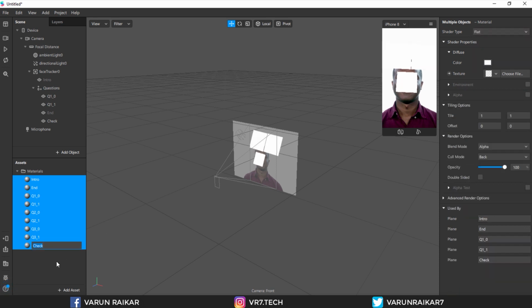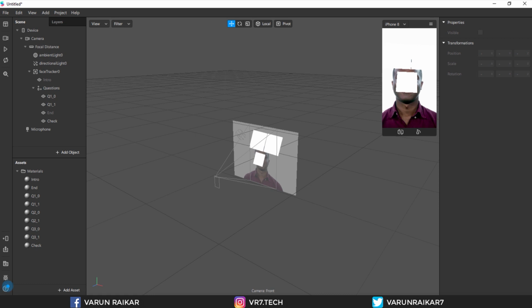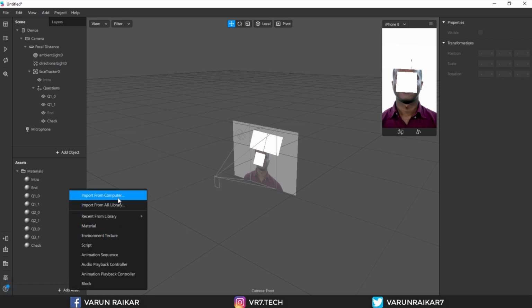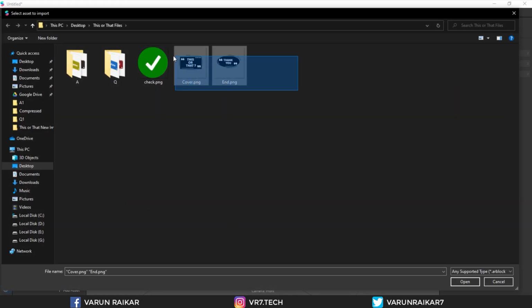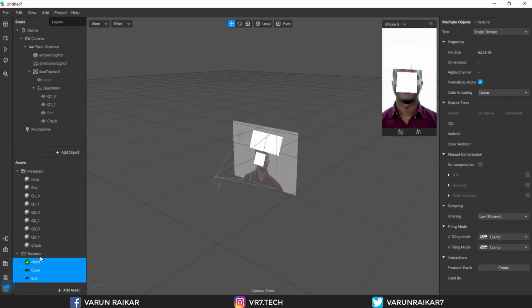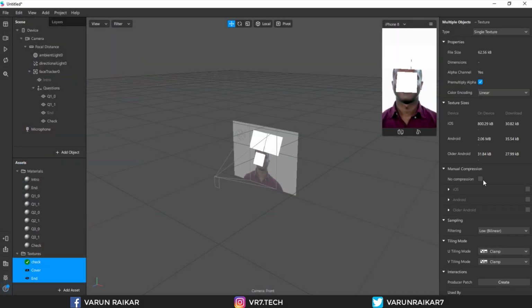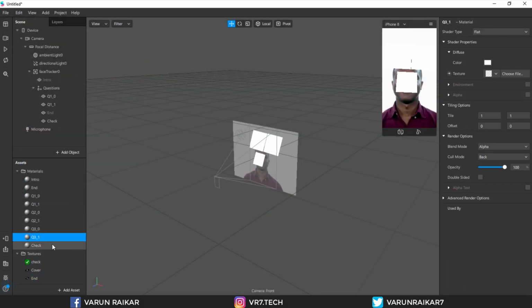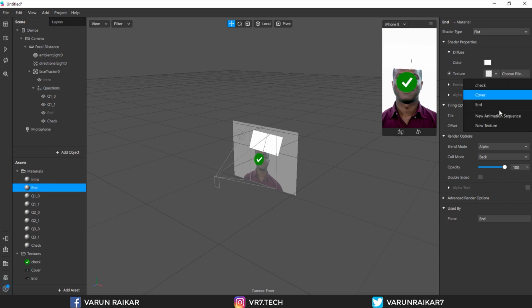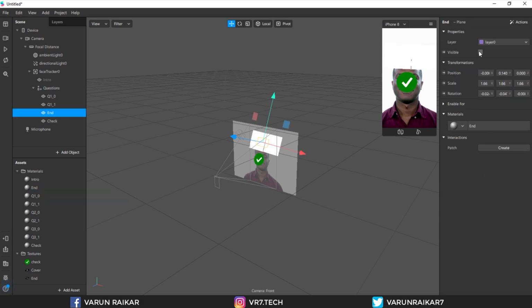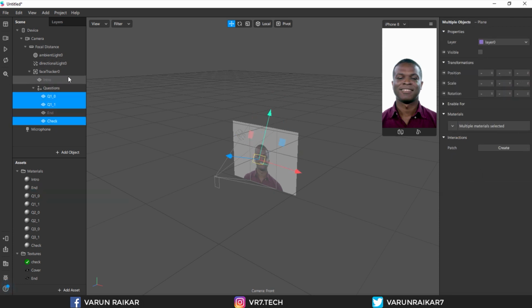Then I'll add the check image, cover image and the end image, and select no compression, and assign the proper materials for each layer. I'll again adjust the size according to my need.